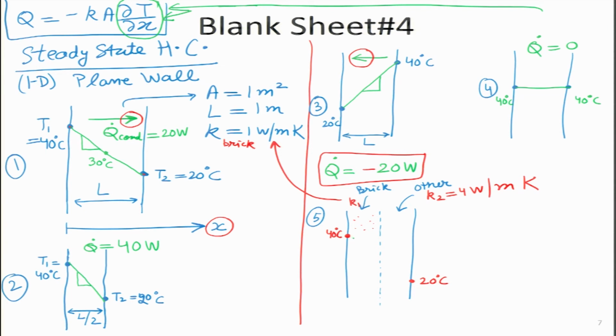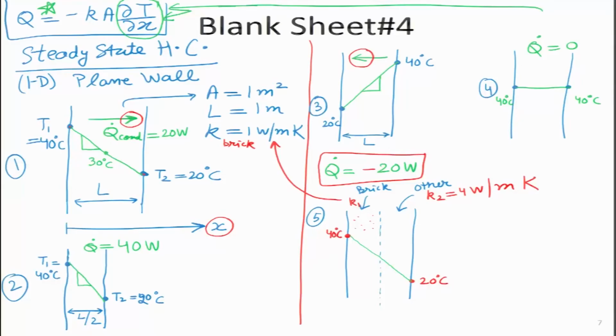I think I did not draw it nicely, so I will try and draw it again. So, is this the answer over here? If so, it has to satisfy the original equation over here on the left hand side. Because this is our governing equation, the top left side equation is the governing equation, it cannot be violated. So, if we go back and look at the brick and the second material, now what we will see after some analysis is that there is some issue going on.